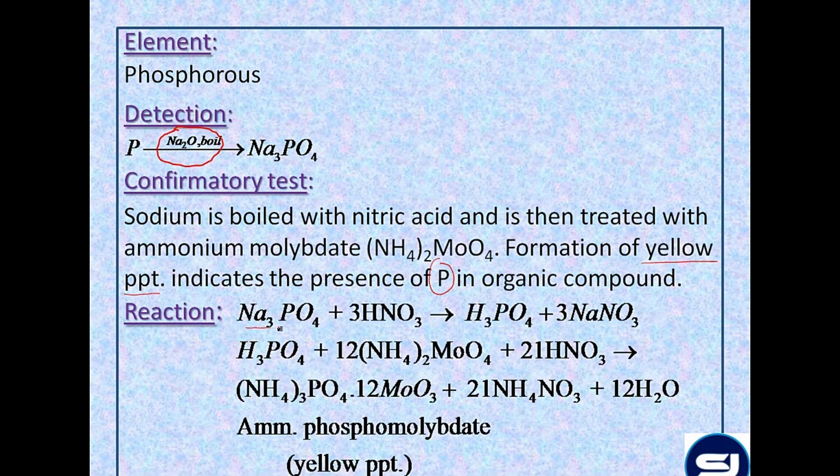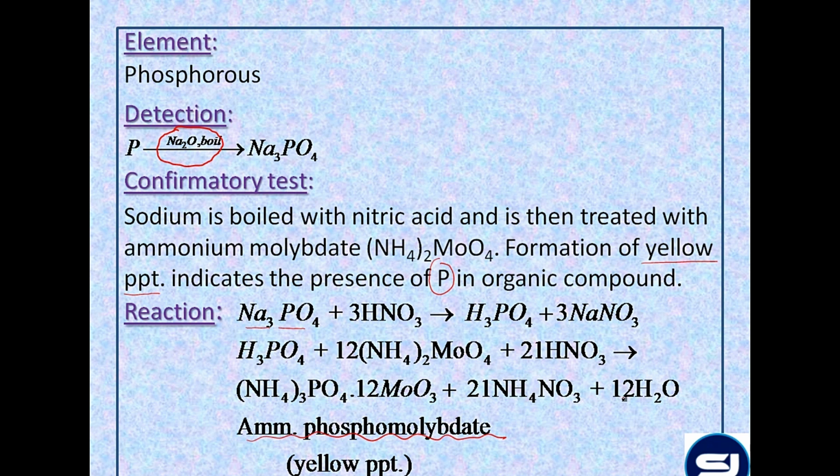The sodium phosphate formed in the detection reacts with nitric acid to form phosphoric acid and sodium nitrate. The phosphoric acid in turn reacts with ammonium molybdate in presence of nitric acid to form a yellow precipitate of ammonium phosphomolybdate. And the formula is (NH4)3PO4.12MoO3. The important point to remember is the yellow precipitate formation in the detection of phosphorus along with byproducts of